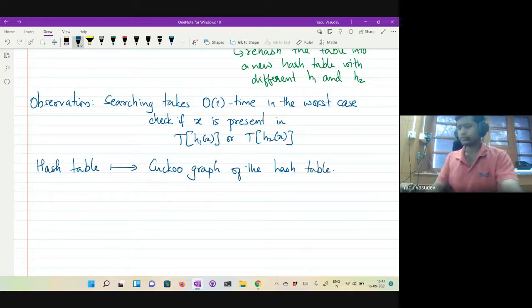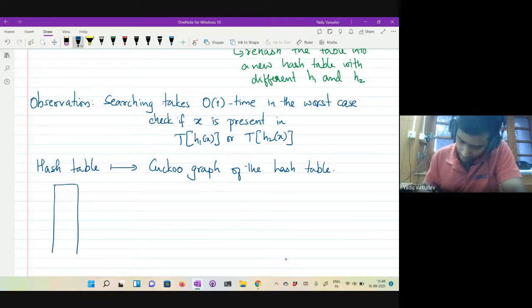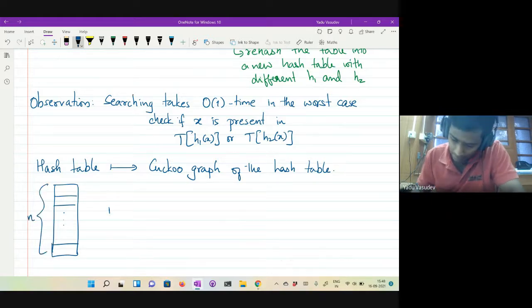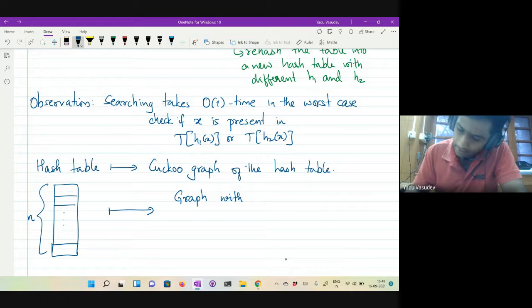So you say you have a hash table, right? There are n entries in this hash table. Okay. So the graph that you have is a graph with n vertices.